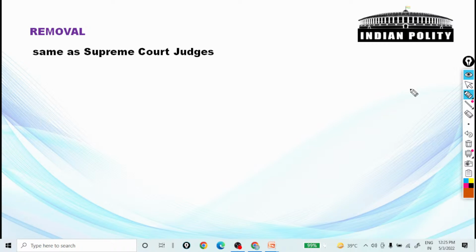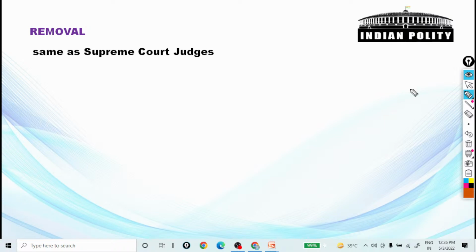As I have already told you, the 3-member committee will consist of the Chief Justice of India or any Supreme Court judge, the Chief Justice of any High Court, and an eminent jurist. They will look into the charges leveled against the judge, and if they find through the report that the judge is not guilty, then the removal procedure will come to an end. But if the committee finds the judge guilty, then it will submit a report to the House, and on the basis of the report of